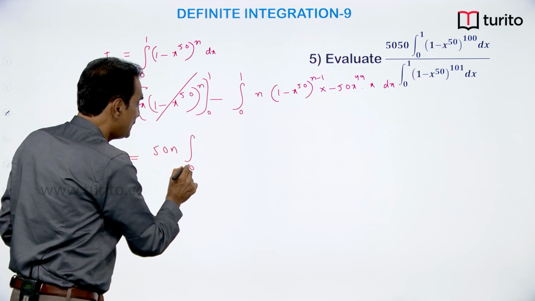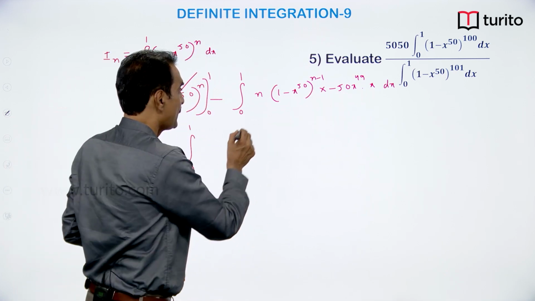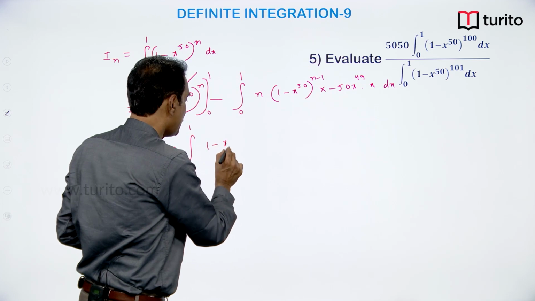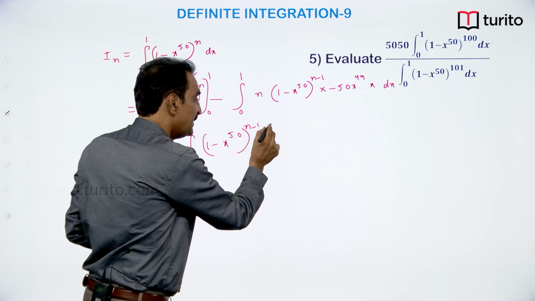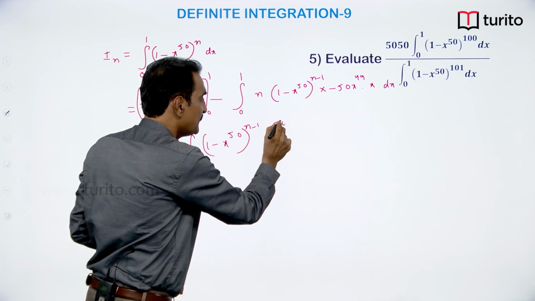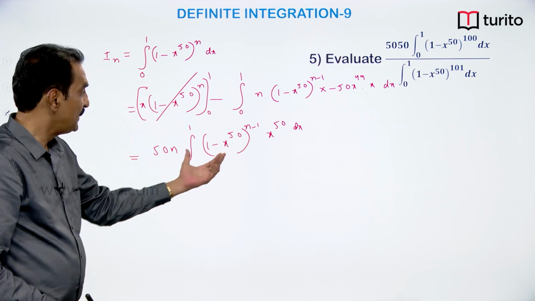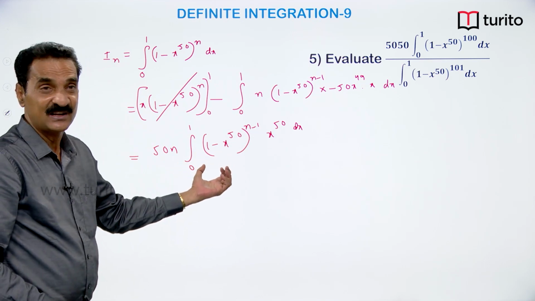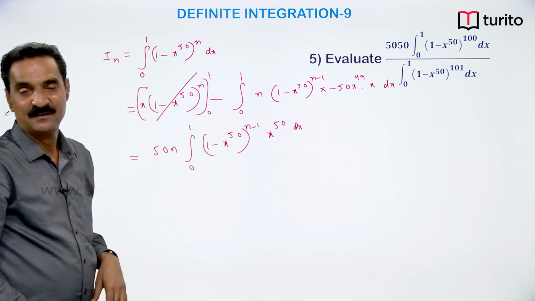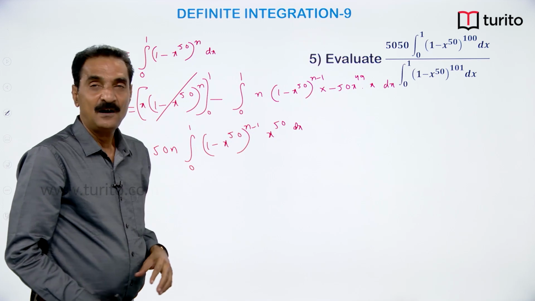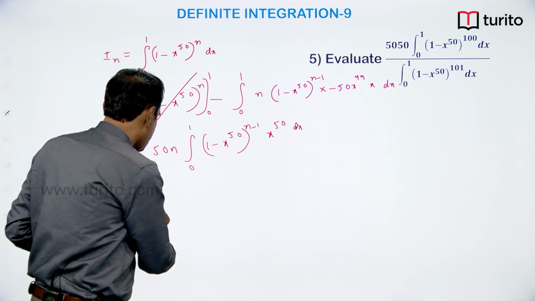50n integral 0 to 1, x power 50, (1 minus x power 50) whole power n minus 1, into x power 50. Now, we want to write this in terms of I_{n-1}. If x power 50 is not there, it is I_{n-1}. But how to get rid of that x power 50? You can write this as